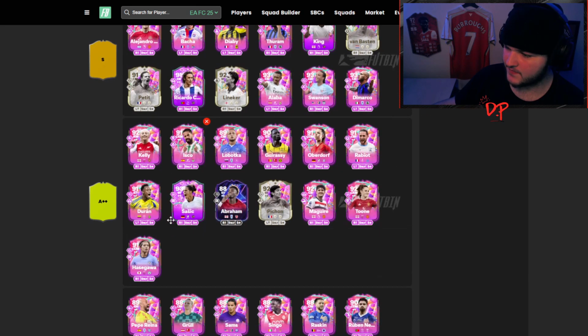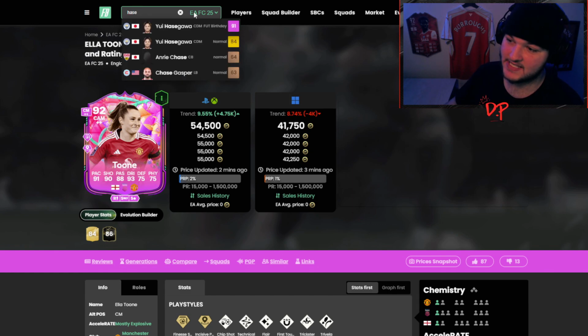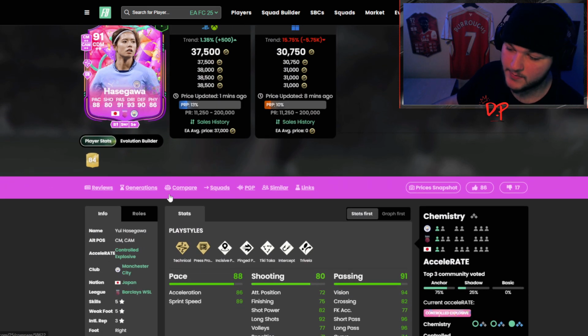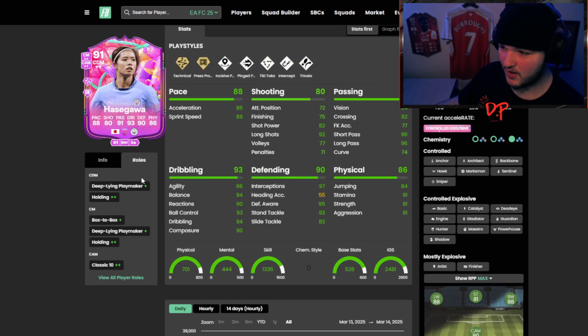Hasegawa for me into the A++, not the A+. She's got fantastic stats, but once again, her price can often reflect Barclays Women's Super League, whatever you call it, and Japan going to be tricky to link in, but the technical press proven, great playstyles there. May not be an insane amount of playstyles, but fantastic ones, with 91 base pace, 93 base dribbling, 90 defending there as well. She is only 5'1",